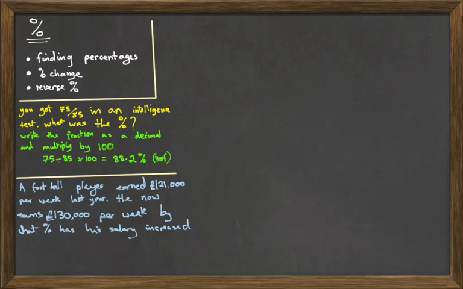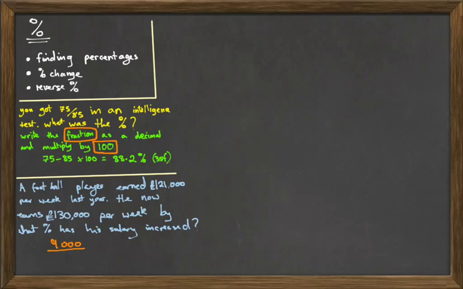Okay, so what do we have to do in this percentage question? Well, first we have to write the fraction out. Okay, we put that fraction in our calculator, then we multiply it by 100. So what is the fraction we're looking at now? Well, we're looking at by what percentage has his salary increased by. Well, how much has his salary increased by? Think about it. It went from 121,000 to 130,000. So what has his salary increased by? Well, in real terms, it's increased by